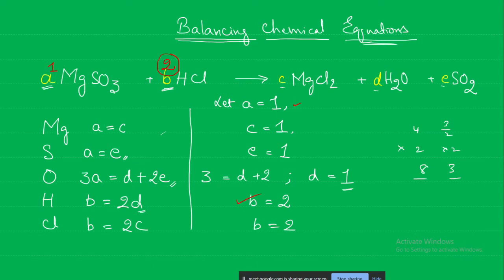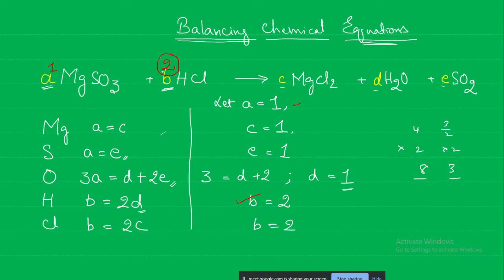No, no, this is the process, how you are solving it. But in your exam you will write the equation with the answer. No one is interested in what you did in the background. This is your rough copy. Whenever a question comes for balancing an equation, there may be 1 mark or 2 marks for balancing, and you have to write the balanced equation. That's all. So whatever values you got, you substitute here.